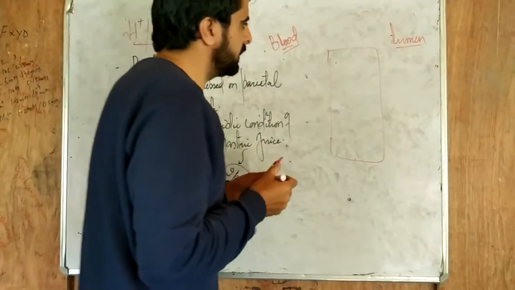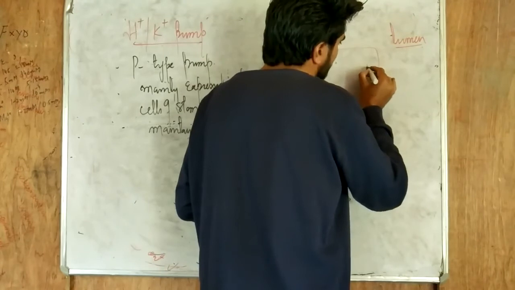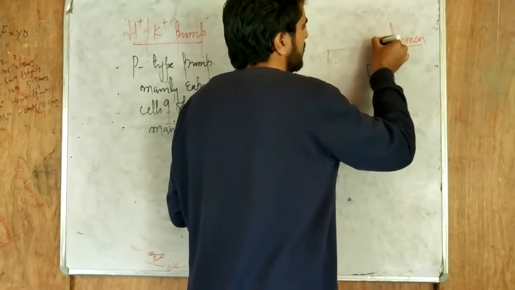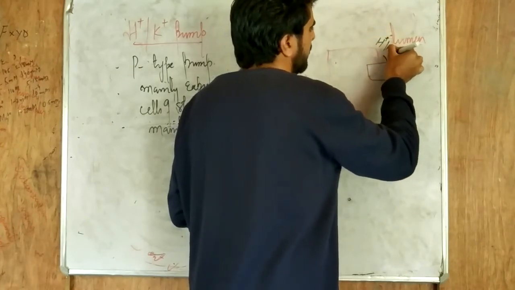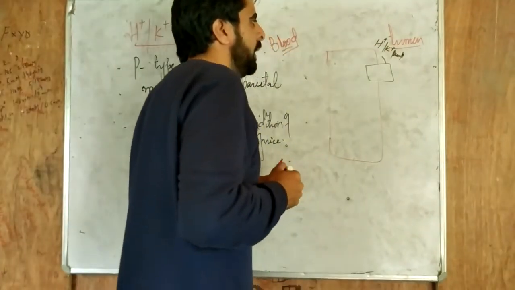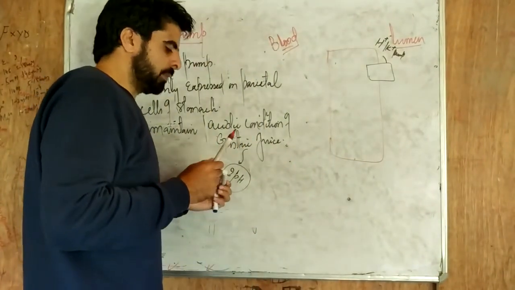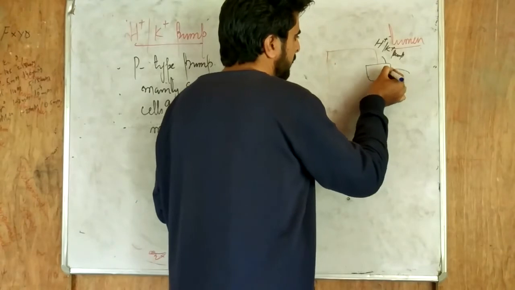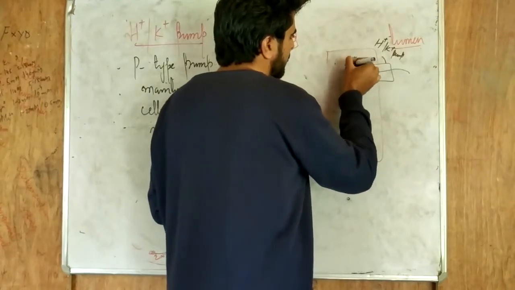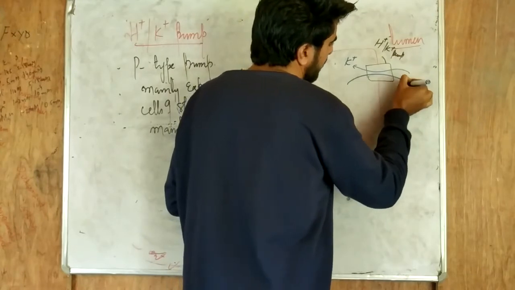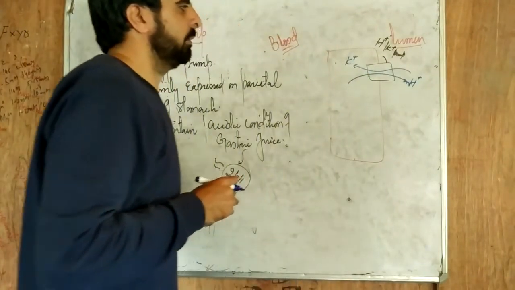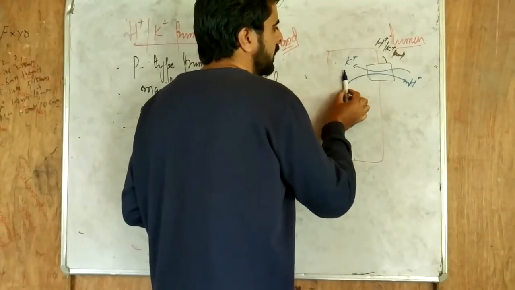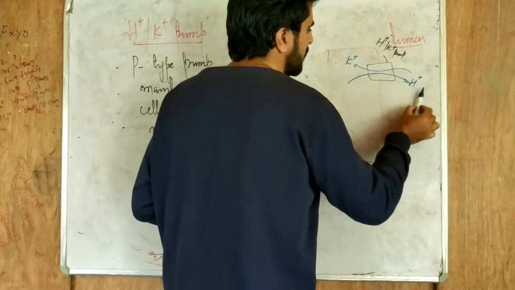Now, towards the lumen side on the plasma membrane of the parietal cell, we have the presence of a pump. We call that pump the hydrogen potassium pump. This pump, which is towards the lumen side of the plasma membrane of the parietal cell, helps in influx of potassium from the lumen coupled with efflux of protons. You have to capture it. That means potassium moves from the lumen to the intracellular space and hydrogen moves from the intracellular space to the lumen.